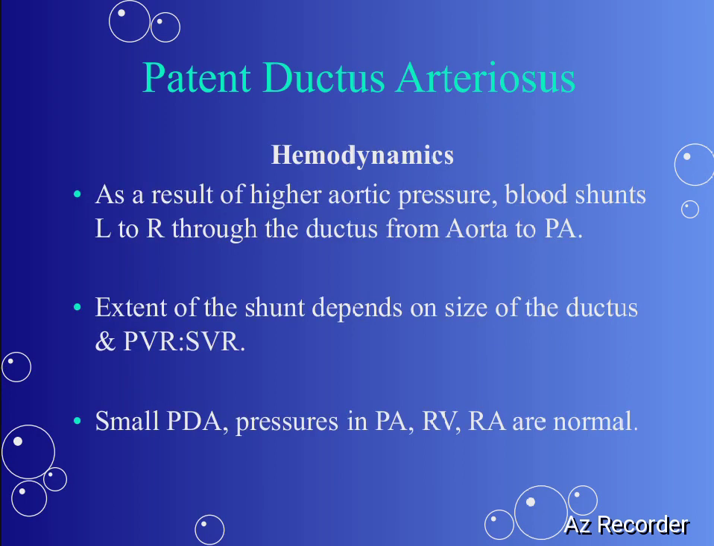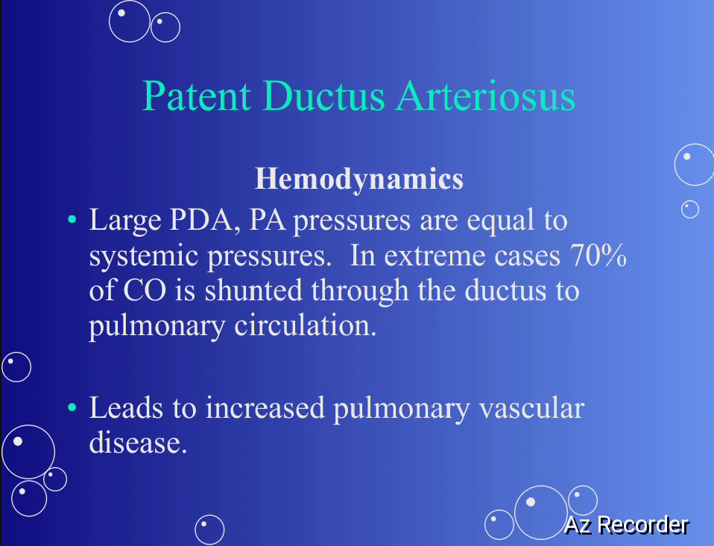Hemodynamics. As a result of higher aortic pressure, the blood shunts L to R through the ductus from the aorta to the PA. Extent of the shunt depends on the size of the ductus, the PVR and SVR. Small PDA: pressures in the PA, RV and RA are normal. Large PDA: PA pressures are equal to the systemic pressure. In extreme cases, 70% of the CO is shunted through the ductus to the pulmonary circulation,